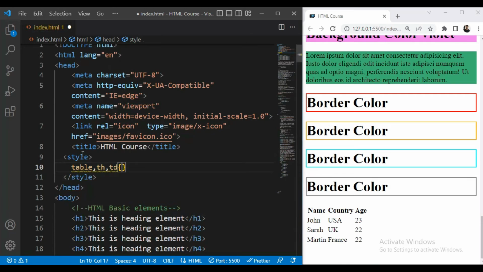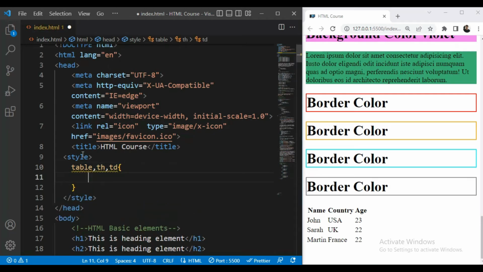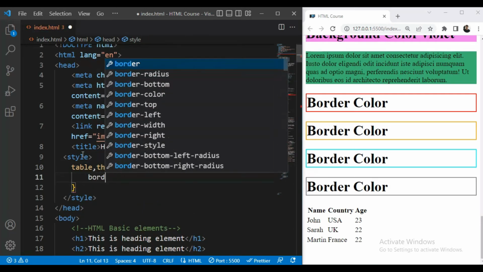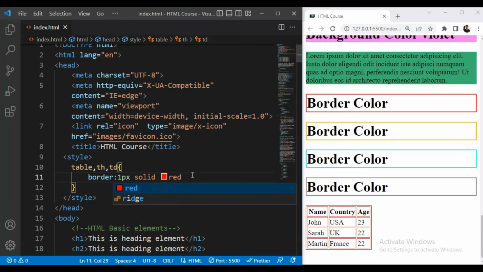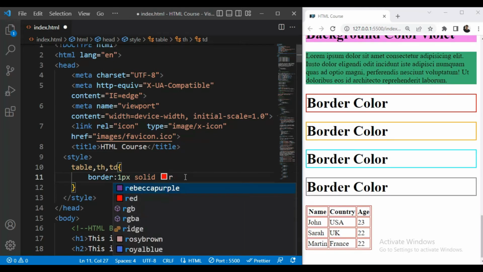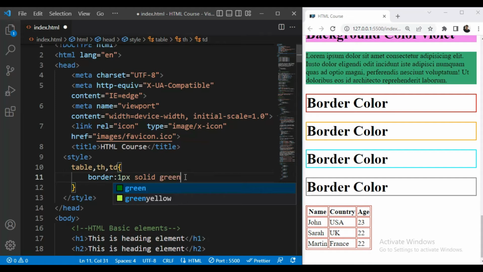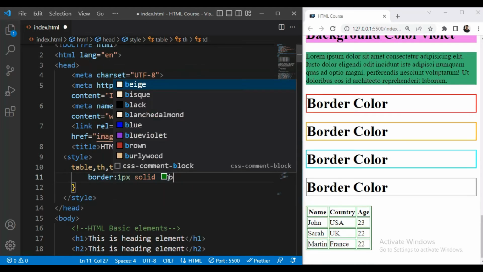So these are the selectors, and then we will add border, colon 1 pixel, solid, then red. Okay. So this is our table. You can also add any color, for example green. Okay. So we will give it blue.